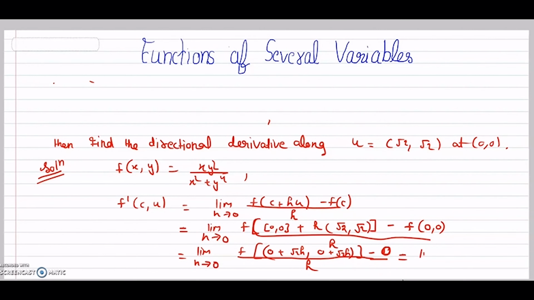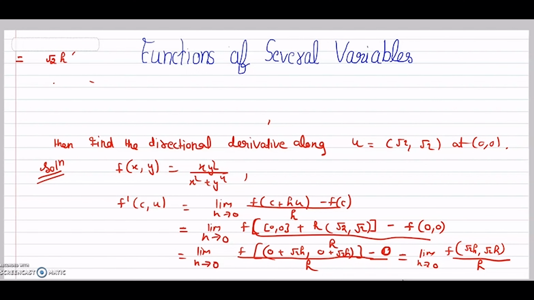So it is equals to limit h tends to 0 f of under root 2h, under root 2h divided by h, and it will be equals to